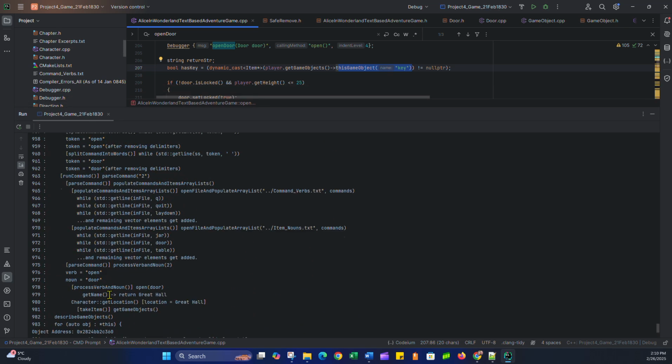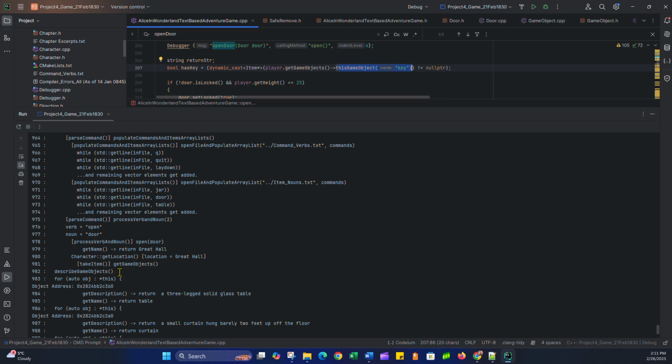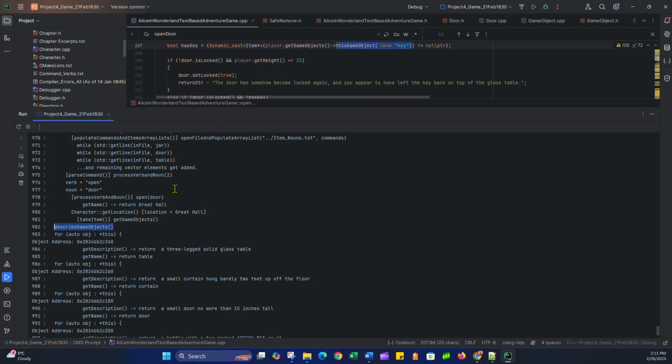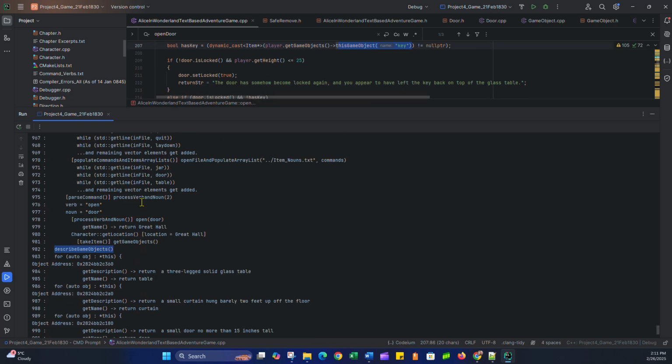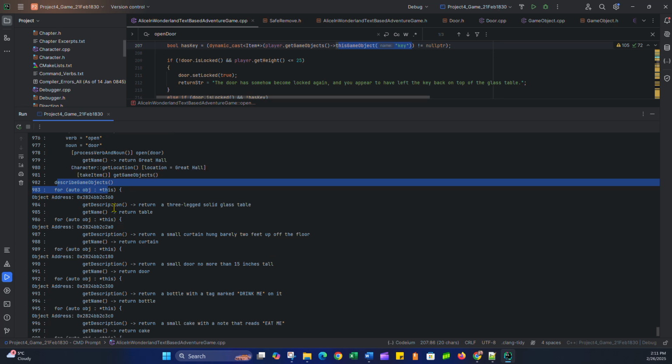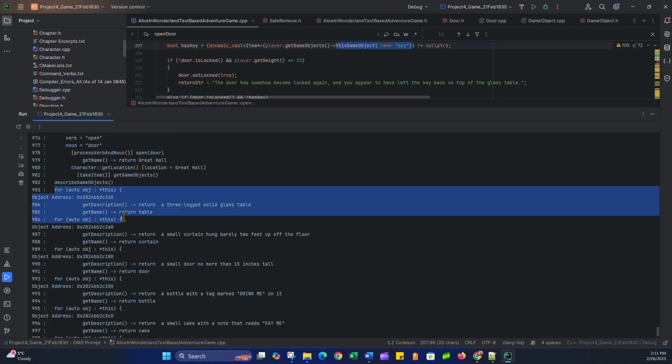But yes, obviously I still get back to the describe game objects method, which is where this is happening. Get game objects, then this game object. Yeah, I call the open door method in process verb. I'm in this location. I take an item, or I call the get game objects method, and then I describe game objects, and I'm using that for loop in the describe game objects method, going through the for loop, iterating